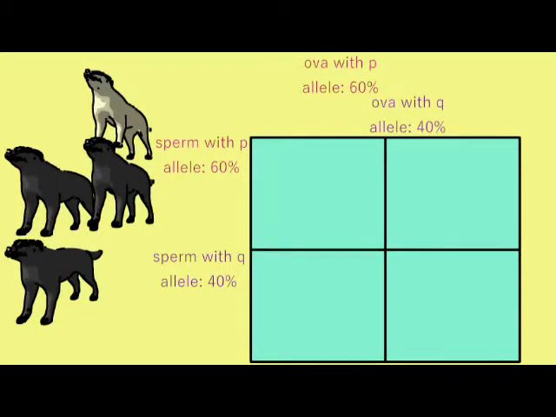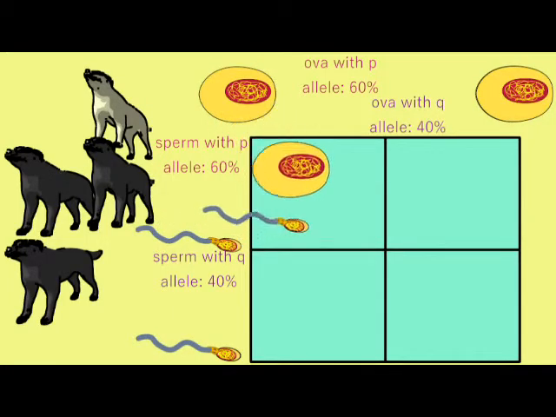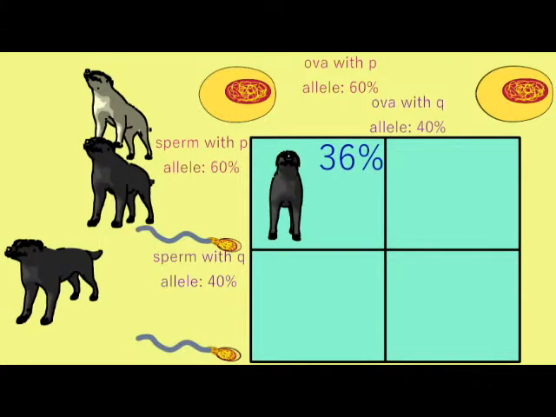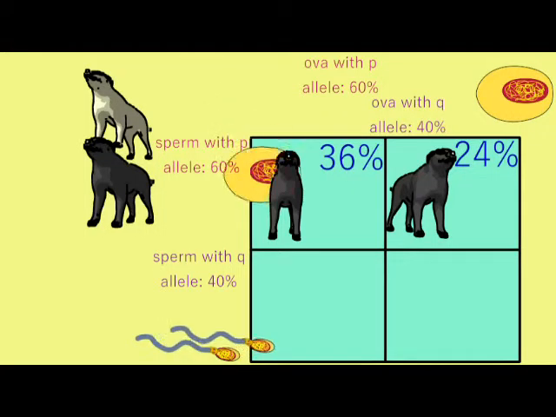In a population where 60% of the sperm and ova possess the dominant P allele, and 40% of the sperm and ova possess the recessive Q allele, one can calculate the frequency of individuals who are homozygous for the P allele, or P squared, heterozygotes with both the P and Q alleles, or homozygous recessive Q squared for the recessive